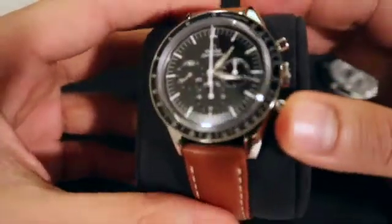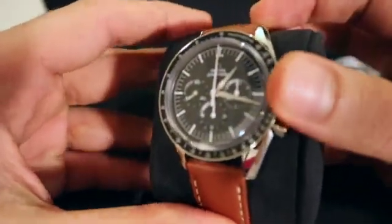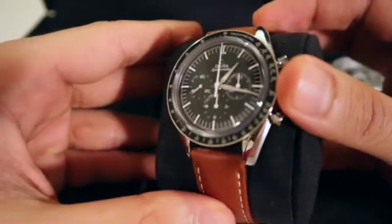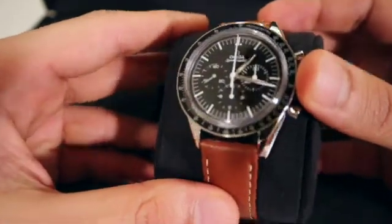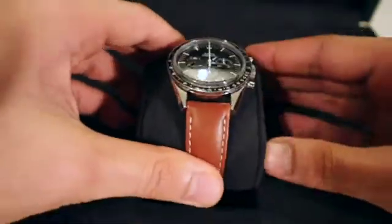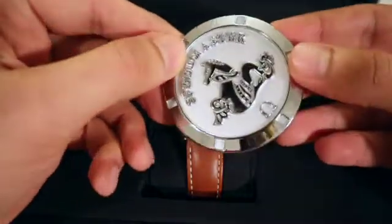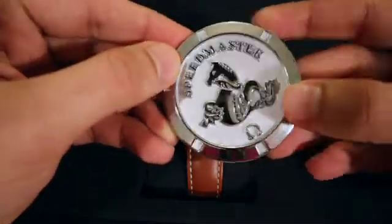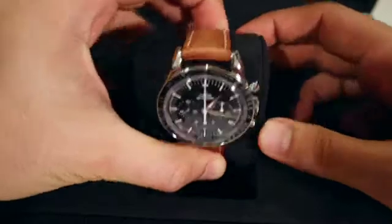So this is a closer look at the dials. There's, I believe, a 30-minute marker sub-dial, as well as small seconds, and that's a 12-hour dial at the bottom as well. Along with that comes this, I'm not entirely sure what this is. I wouldn't say I'm exactly an expert on the subject, but that's just, I think, some sort of collectible item. It comes with the watch when you purchase it, just to make it a little bit more memorable. If we open it up here,